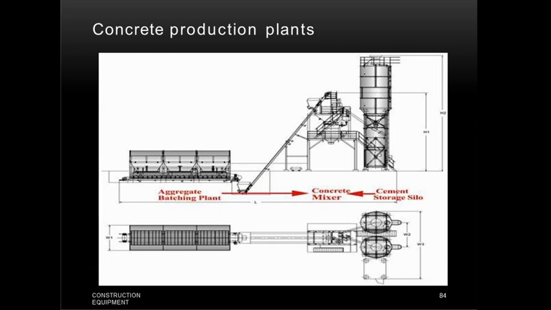In some models, the pan may be stationary and only the blade moving. The Vaira mixer is an example of a pan mixer, which is a portable pan mixer. So these are the different types of mixers which are used for concrete production. The next one is the truck mixer. As we know, truck mixers are usually used to supply freshly mixed concrete to the required place from the site of the batching and mixing plant.